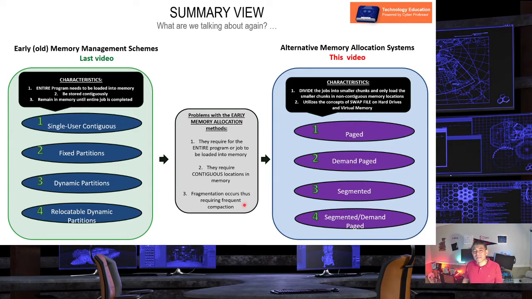To solve these issues, we bring into the equation the alternative memory allocation systems, which are the subject of this video. The first one is the paged memory allocation system. The second one is the demand paged memory allocation system. Then we will move to the segmented memory allocation system, and we will conclude with the review of the segmented demand